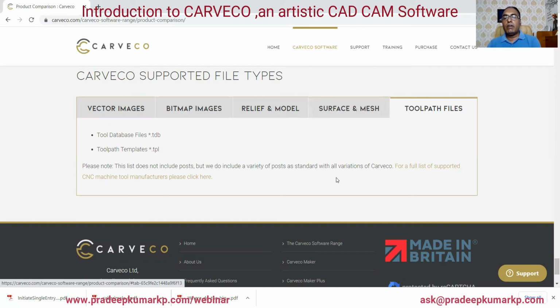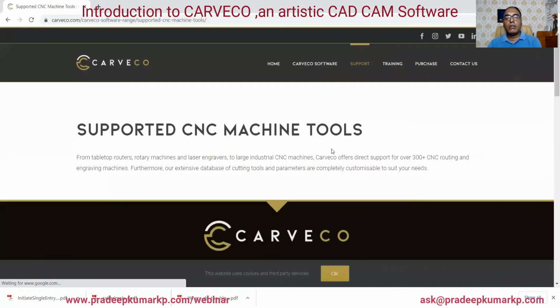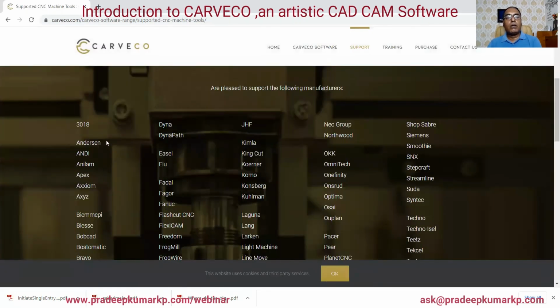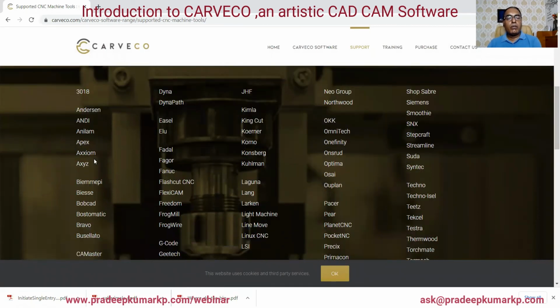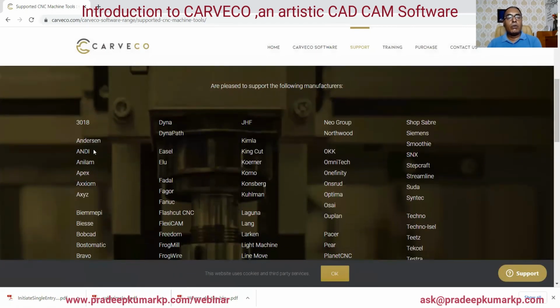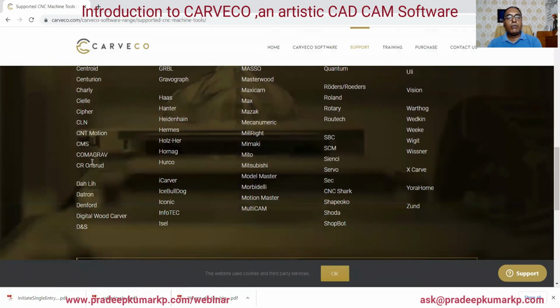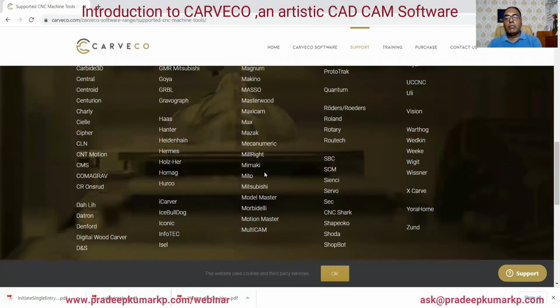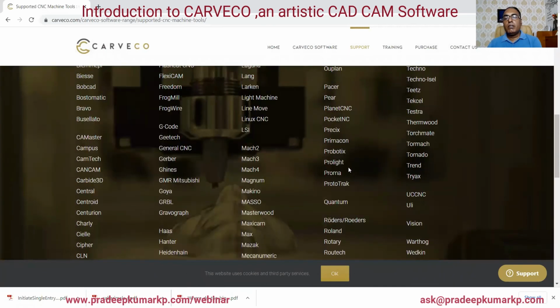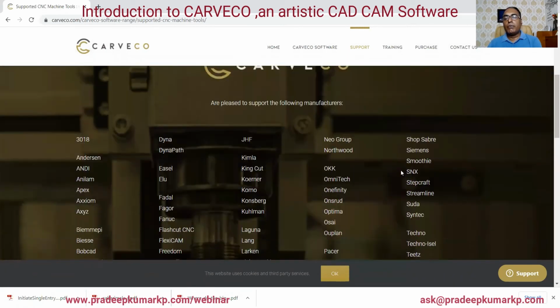Their controller is available with all variations. And we can also see which companies support controllers. So there are a number of machines supported by the software.